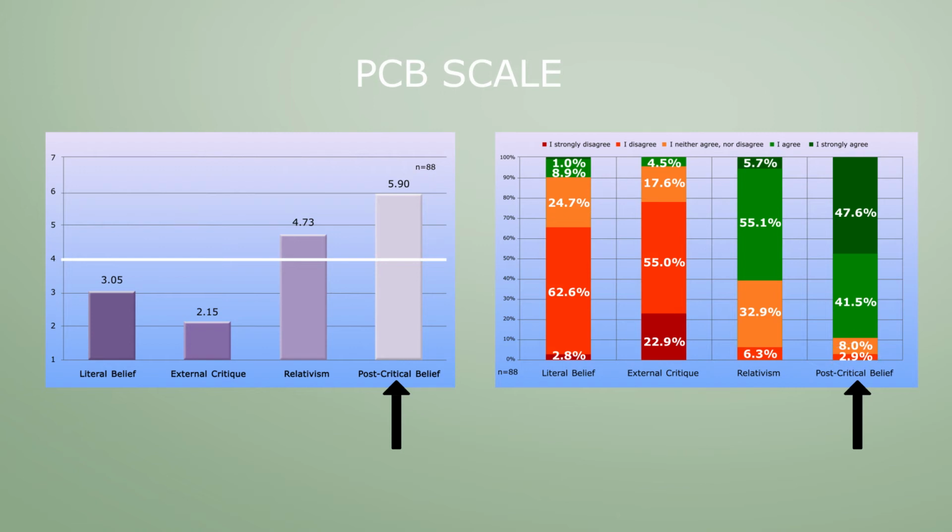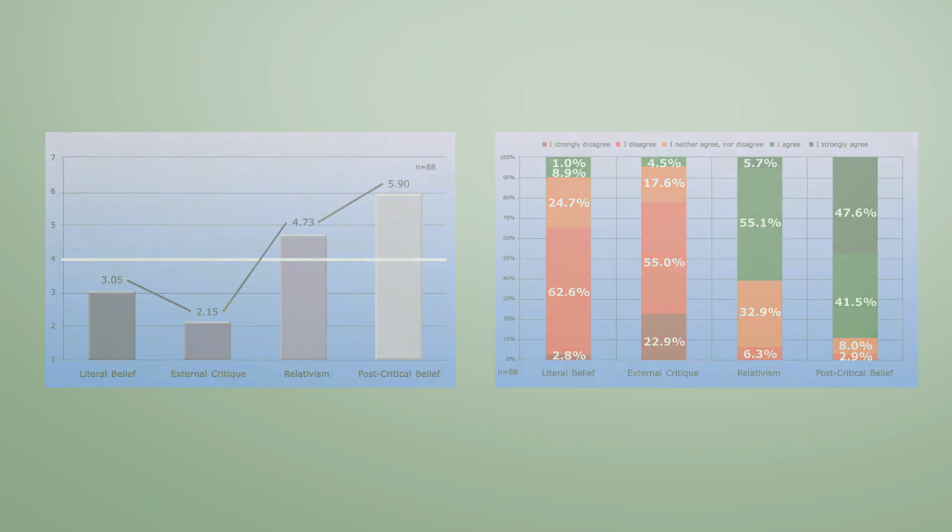These results make clear that a majority of the respondents prefer a symbolically mediated post-critical belief rather than a literal belief. At the same time, a small majority leans to relativism, which also handles religion in an open and interpretive way, but from a non-believing point of view. However, in this school, there is almost no support basis for strong criticism of religion. The overall pattern is that of a faith-filled school community that desires to foster a clearly Catholic learning and living environment that should be open, hospitable and supportive, and eager to receive and integrate also people with different identities and views, cultures and faiths. This concludes the PCB Scale.